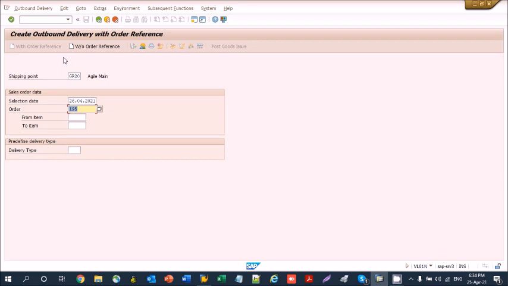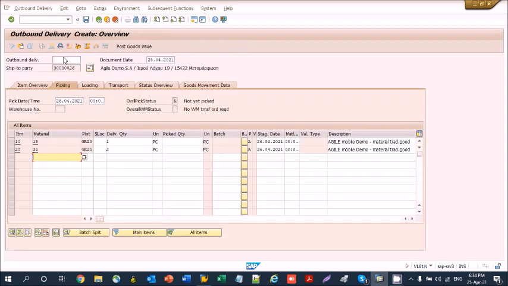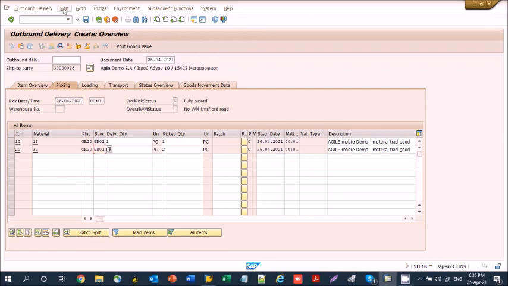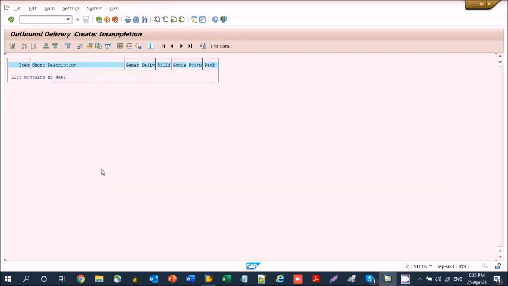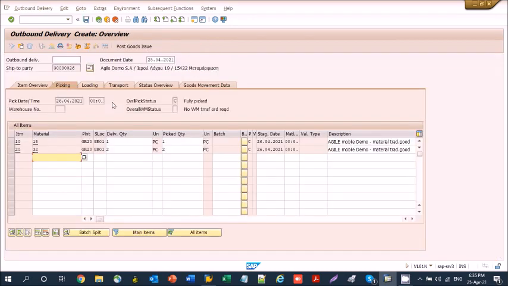Then we will declare the picked quantities and the storage location. And we post goods issue.